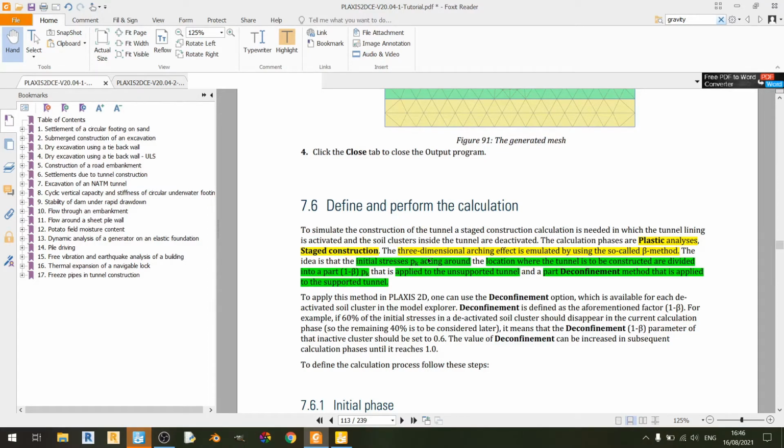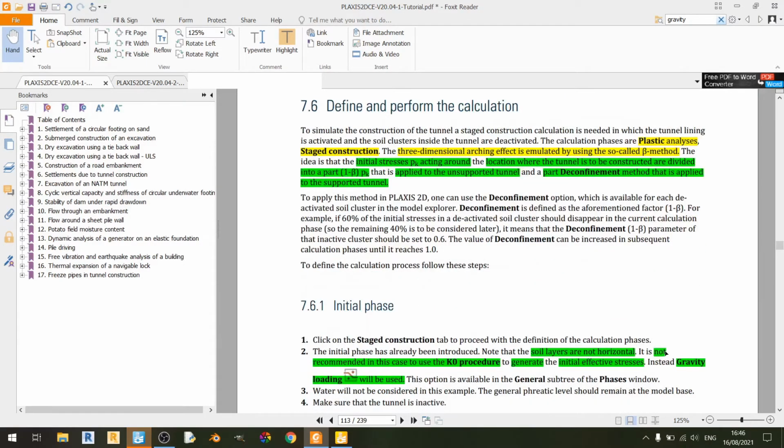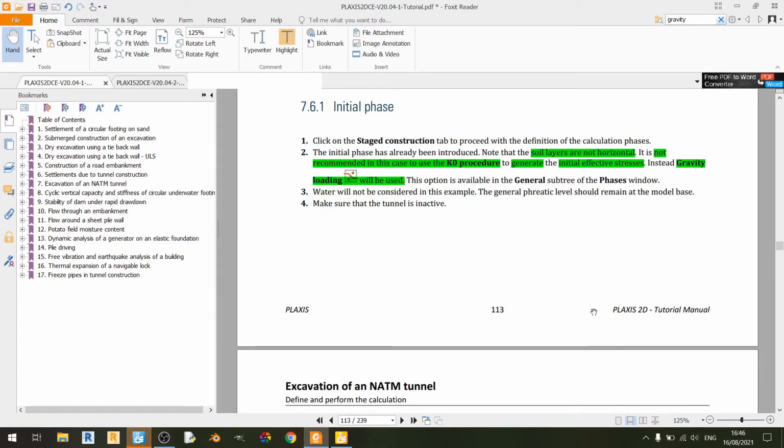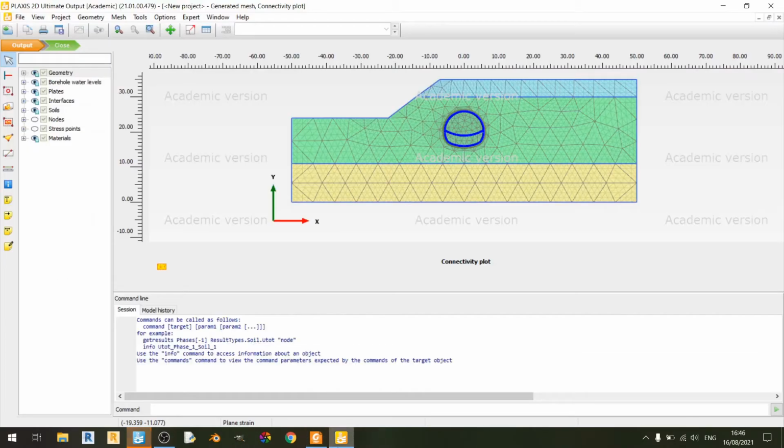And we are taking into account 3-dimensional arcing. And this is emulated by using the beta method. You can read up more on this short paragraph on your own. So for the initial phase, we can quickly close this output tab here and move straight to the stage construction